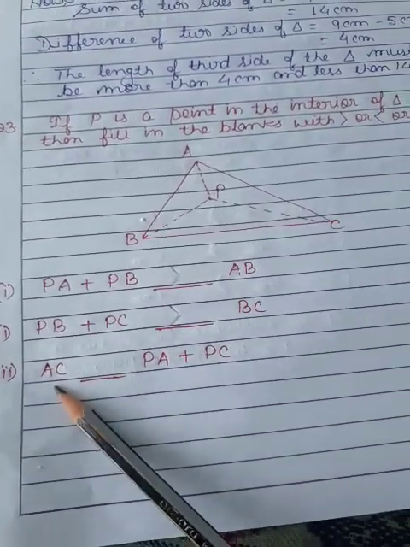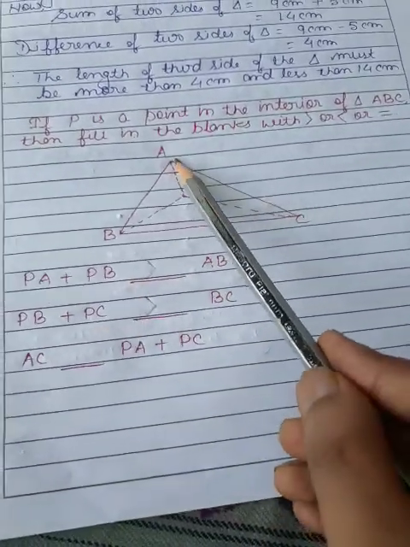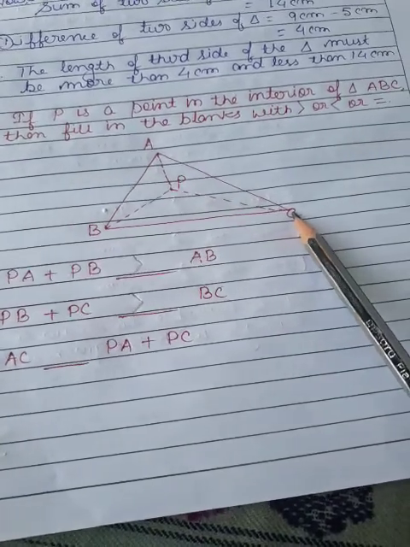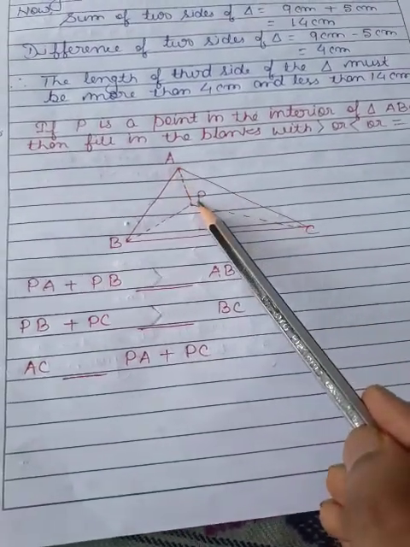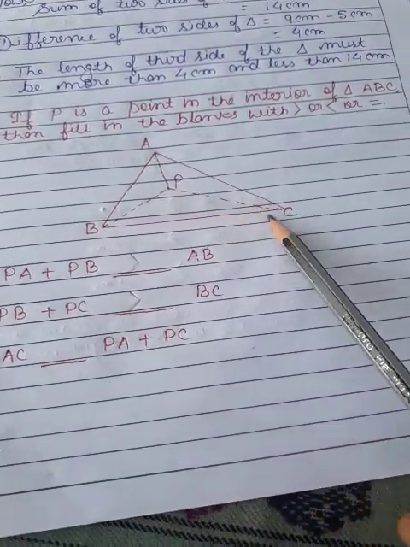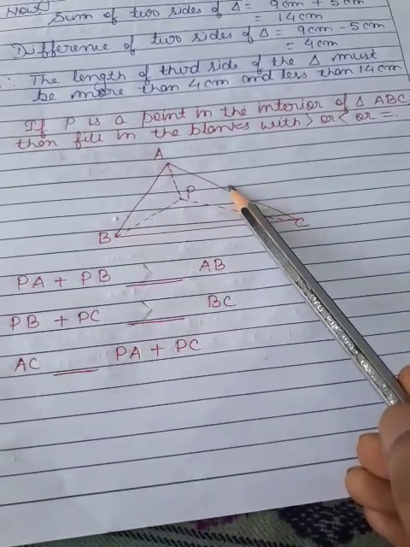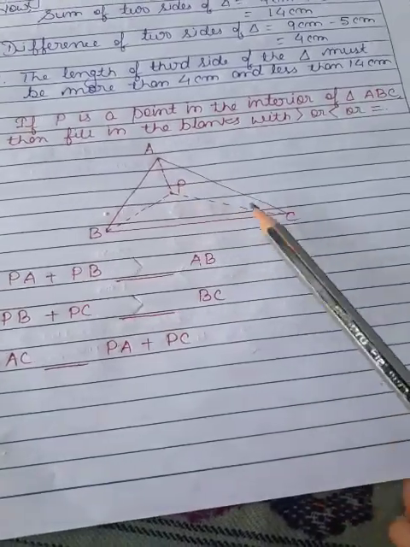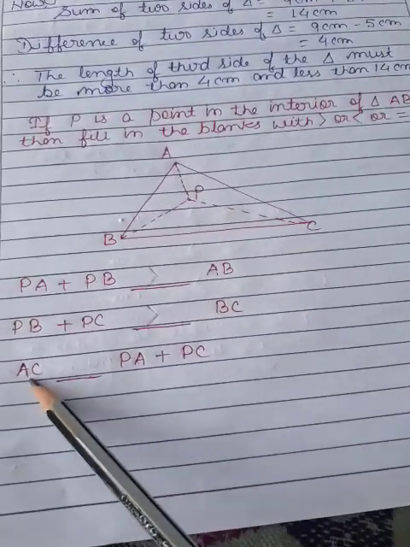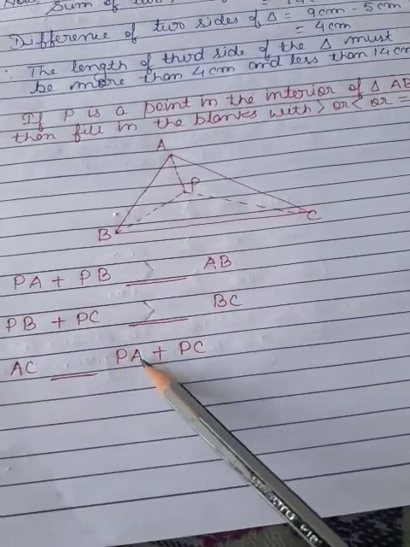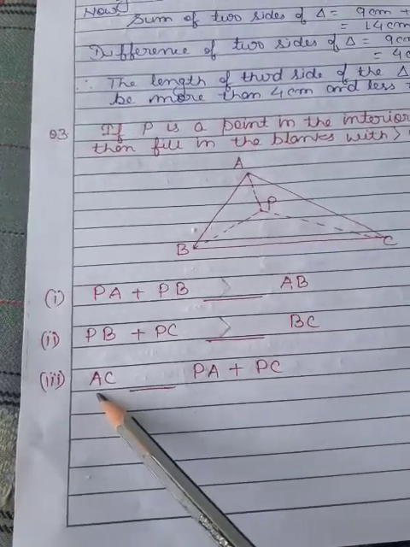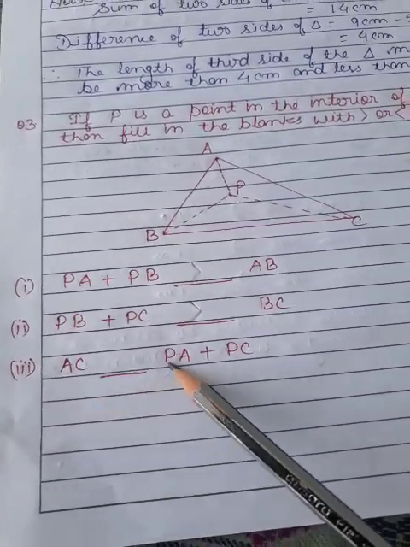Now part 3. AC is this one, then PA is this one, and then PC is this one. Now AC is a single side, and PA plus PC is the sum of two sides. So a single side will always be less than the sum of two sides. Okay, because it is a single side. So a single side will always be less than the